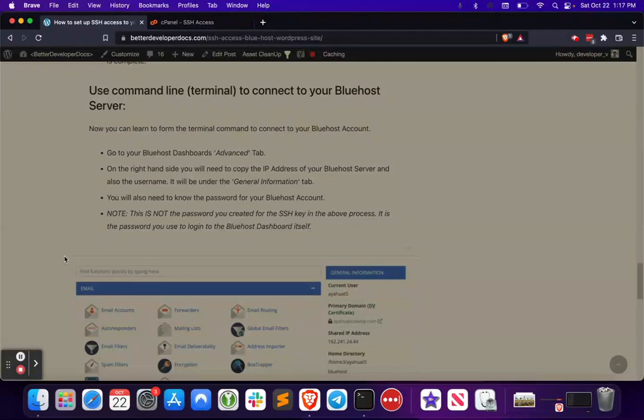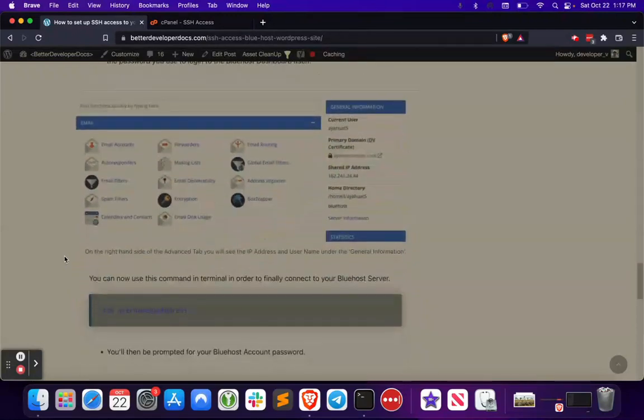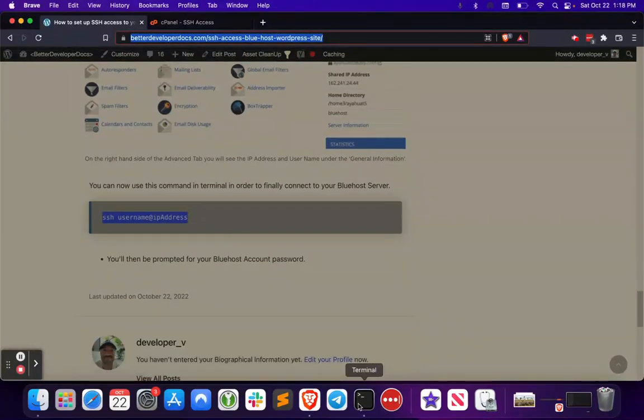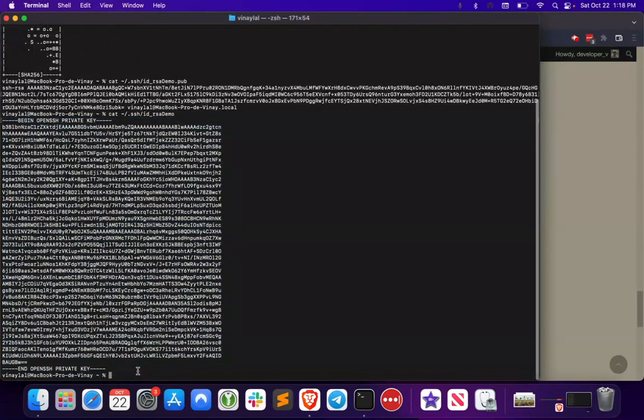You just need to go back to your terminal and form the correct text in order to enter in to use these. So go down the bottom of this page here, and there's actually going to be a link to this URL in the description below. This is the article with which this video is based on. So copy that, go back to your terminal, and we're going to paste that in, but we're not going to hit enter just yet. What we're going to do is we're going to need to go and get the IP address, right, and the username